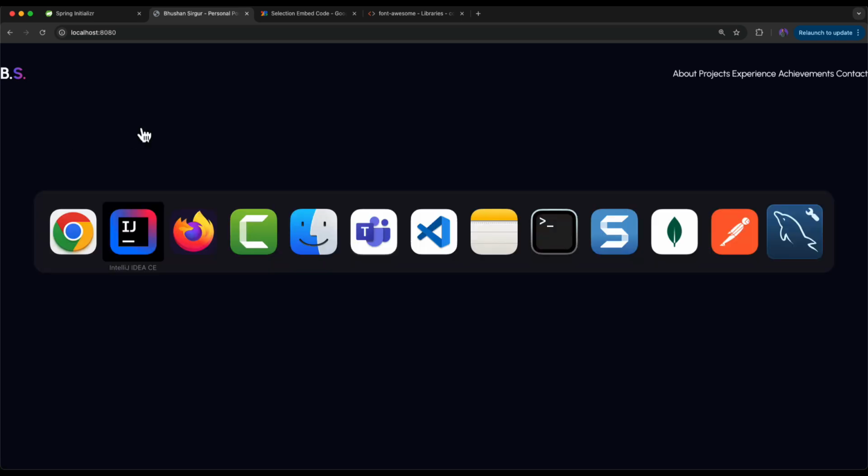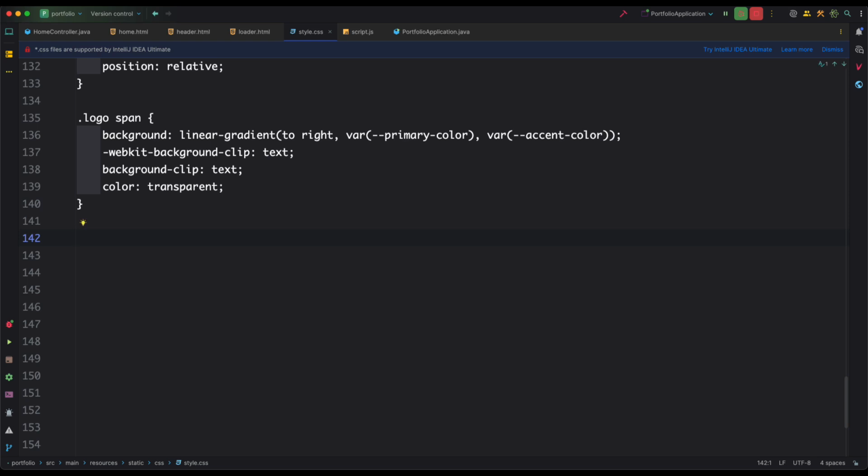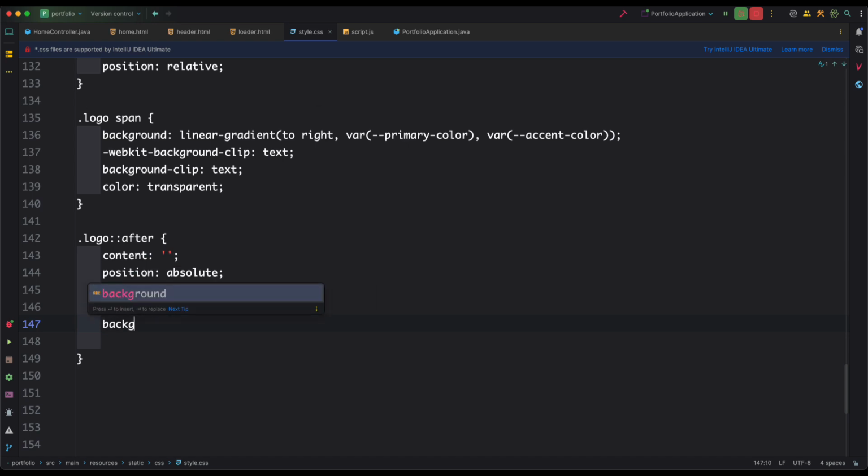And now let's go back to our IntelliJ. I'm going to just add logo after, sorry, this is going to be content, an empty string, position absolute, width 40 pixel, height 3 pixel, background linear gradient, to right